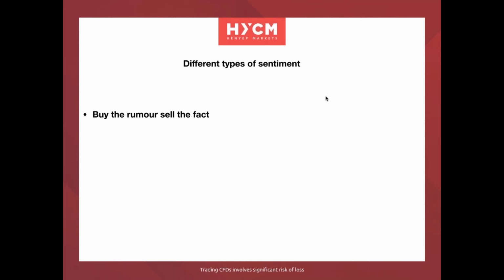These are just a few of the most common types of sentiment that you will get. Sometimes there's a buy the rumor, sell the fact type of sentiment. Now, this is something that often really catches out beginner traders. The reason it catches them out is because, for example, you might have heard recently that the Bank of Canada was expected to raise interest rates. That meeting was this afternoon, and the Bank of Canada, as predicted, did increase their interest rates.